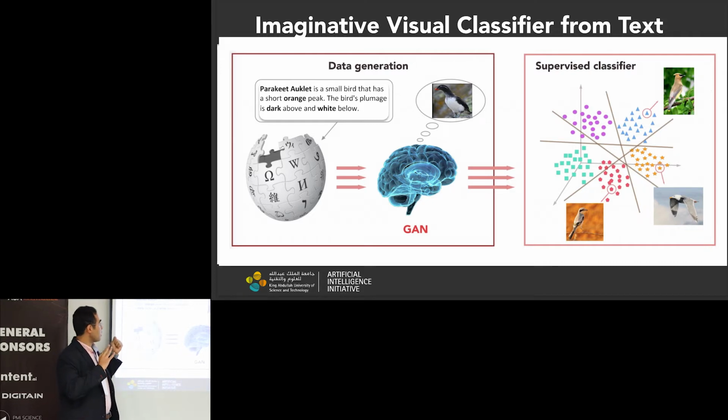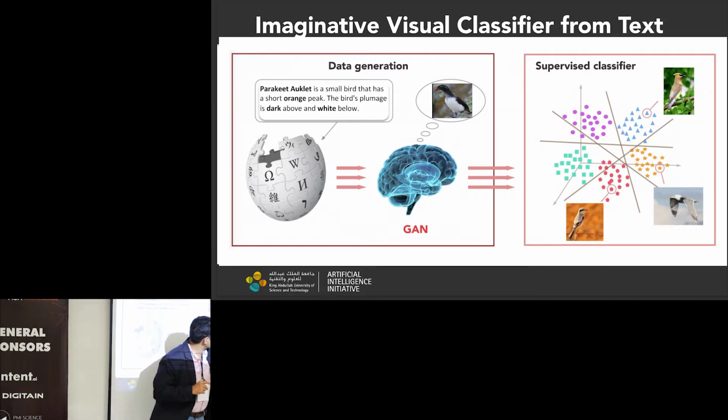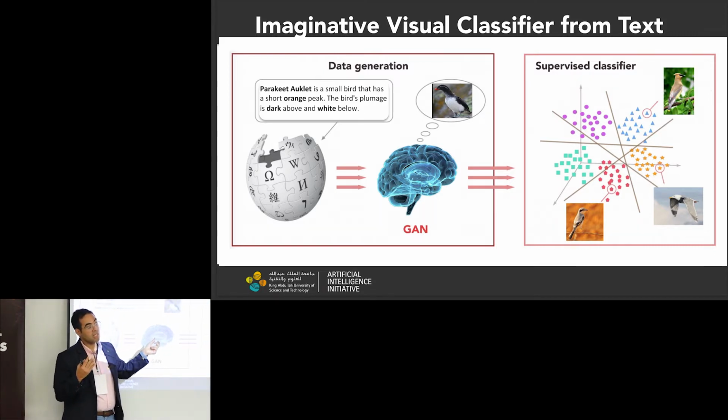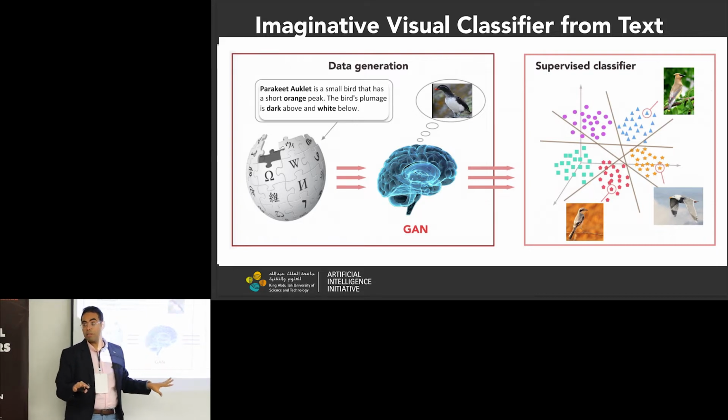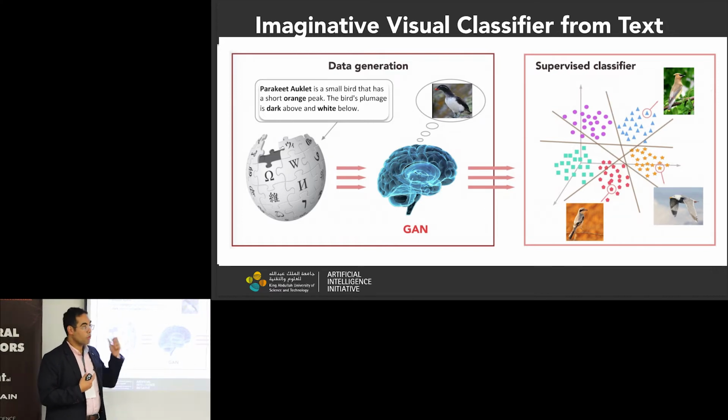And the hope is that for every unseen class, we generate possible visual representations for the same bird, so that if we iterate over every possible unseen class, we'll generate the data that does not exist for these unseen classes. It's unseen in the sense that we don't have images, but we have a language description. And if you have a way that maps from the description space to the representation space that can help us tell apart these species from one another, we will have a powerful model for representing or for recognizing unseen classes.